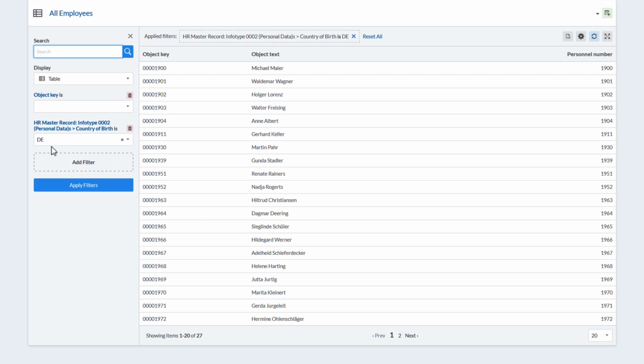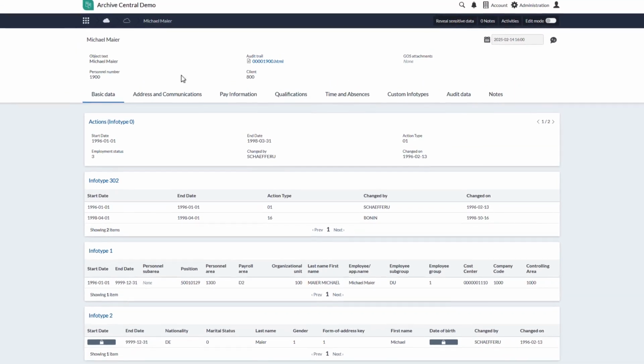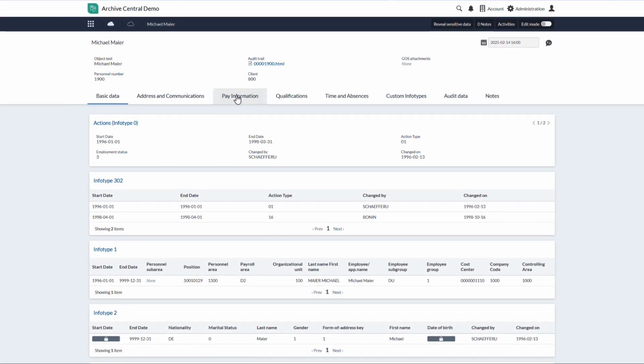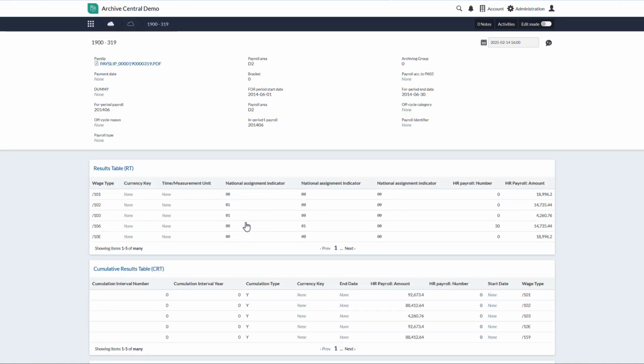We can now see on the left-hand side also the filter criteria DE that it has created based on where I just clicked in the graph. And if I now just take a look at one of these records, and one point I want to highlight here is if we go to the pay information and select one payroll period and just drill down into this period,